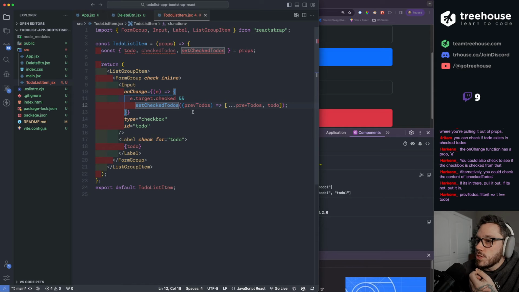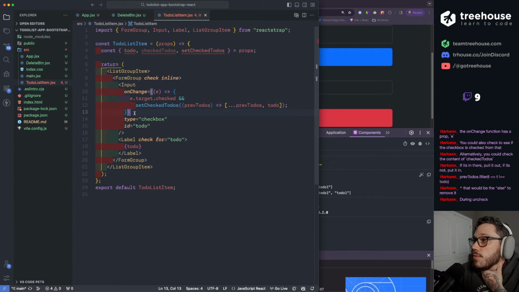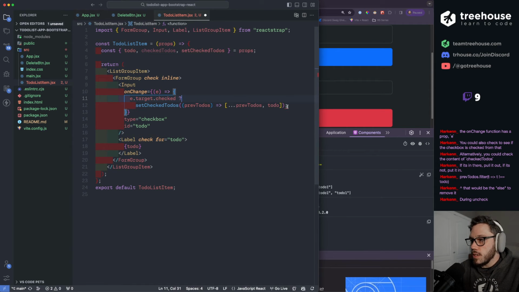Previous to-dos.filter. I'm gonna take the to-do, and if the to-do is not equal to the to-do string, and that filter is gonna return everything that matches that, that would be the else to remove it during the uncheck. Yeah, let's just try that and go from there.